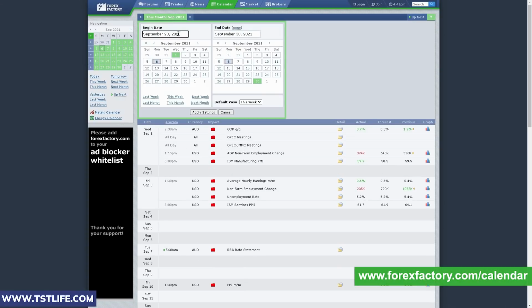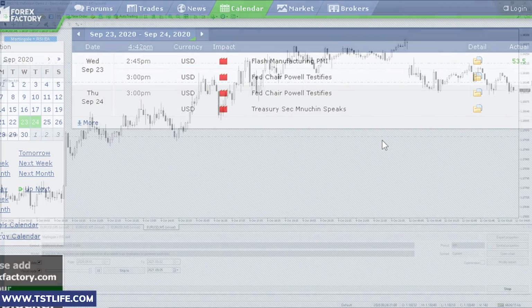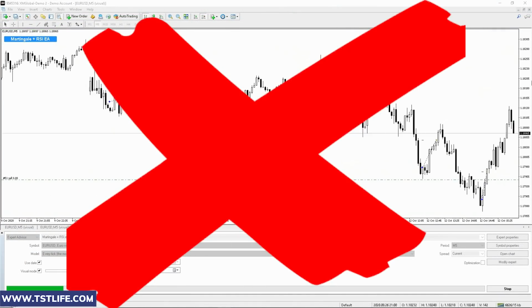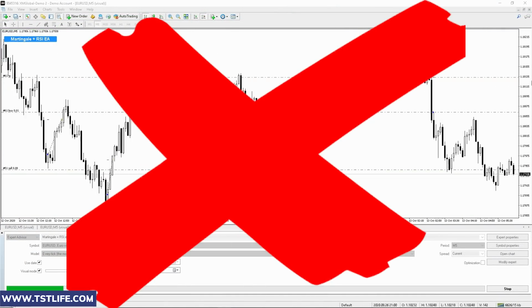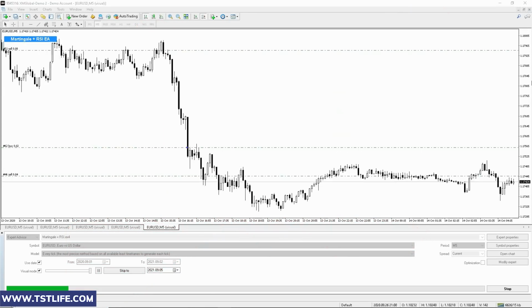Well, if we check the Forex event calendar, we can see how spicy the two days were. Our balance wasn't enough to sustain our positions during this period. It's important to monitor the event calendar to avoid any negative impulses. This strategy is not profitable the way it is now, as it doesn't take into consideration the fundamental events and the times when the market is in high volatility for other reasons.